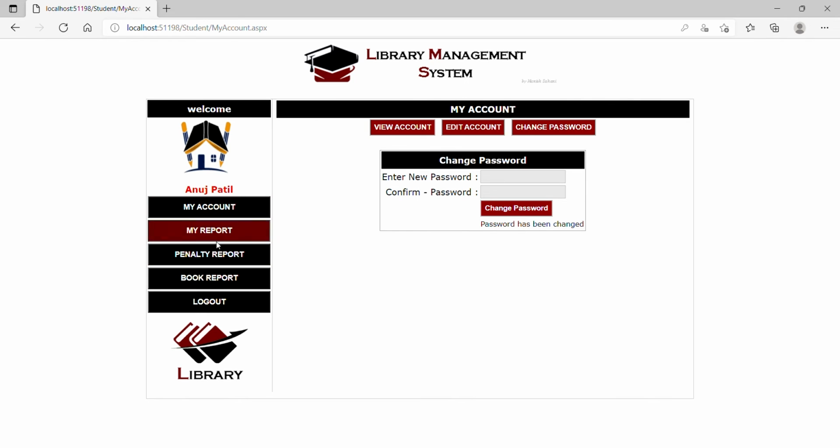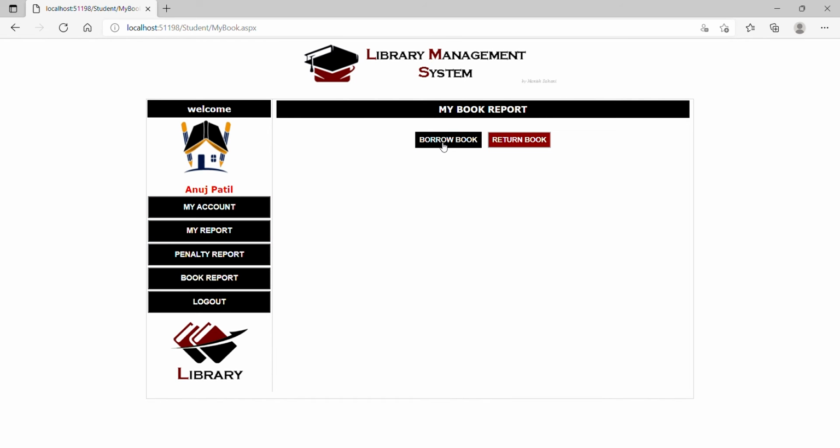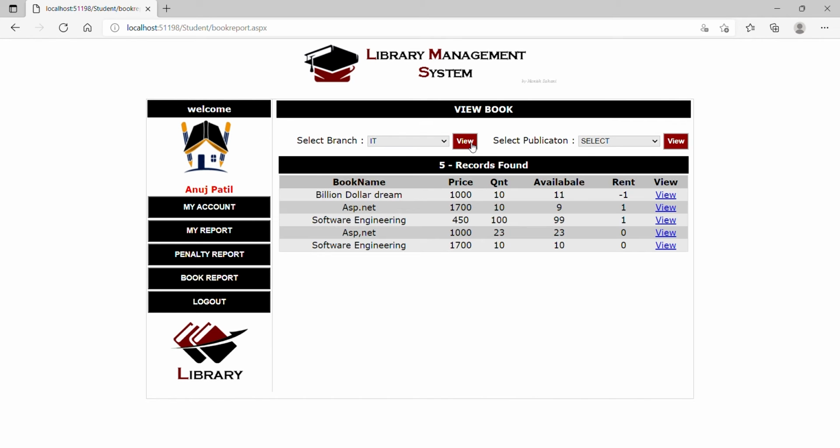We can view his report. The student can view his borrowed book list, which is showing 0. Book report, we will see by branch how many books are left.